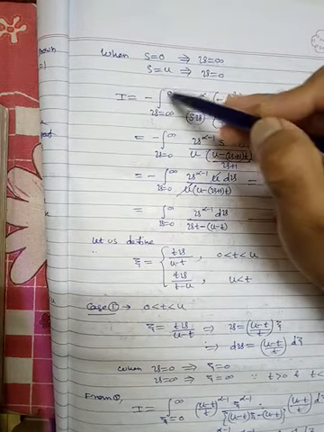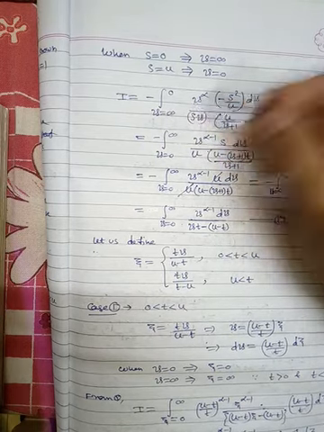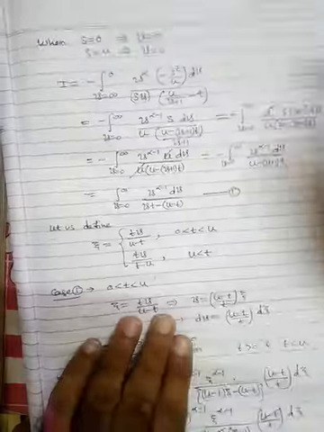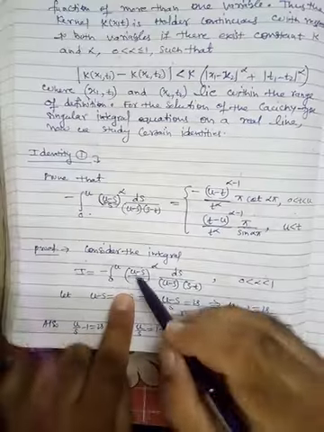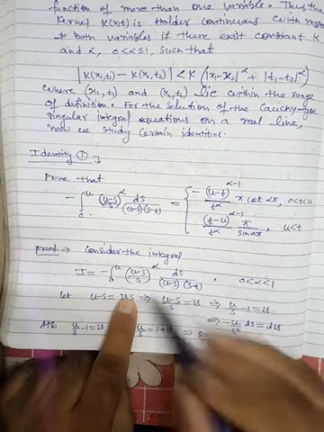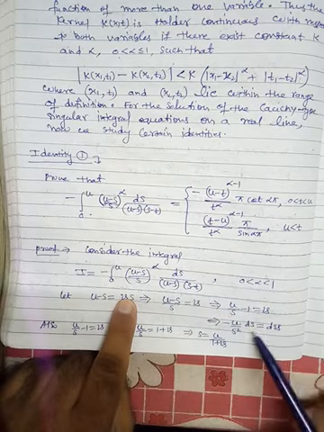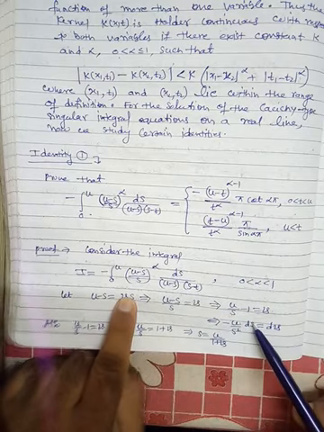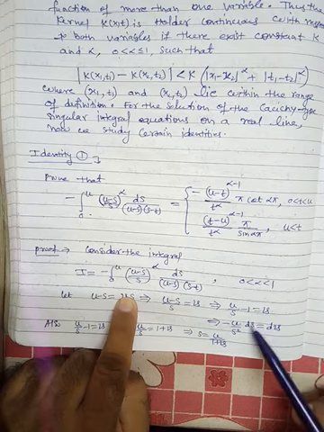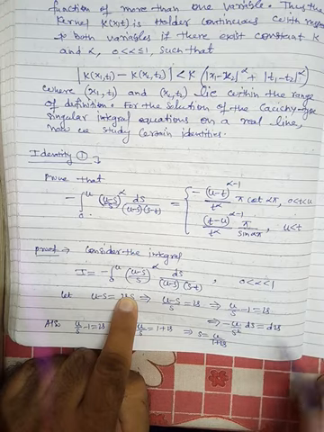So now the integral will be minus v from infinite to 0, and after substituting this value, u minus s upon s is replaced by v, so v raised to the power alpha. Then ds, we take it to the right hand side, so ds is equal to minus s square by u dv.